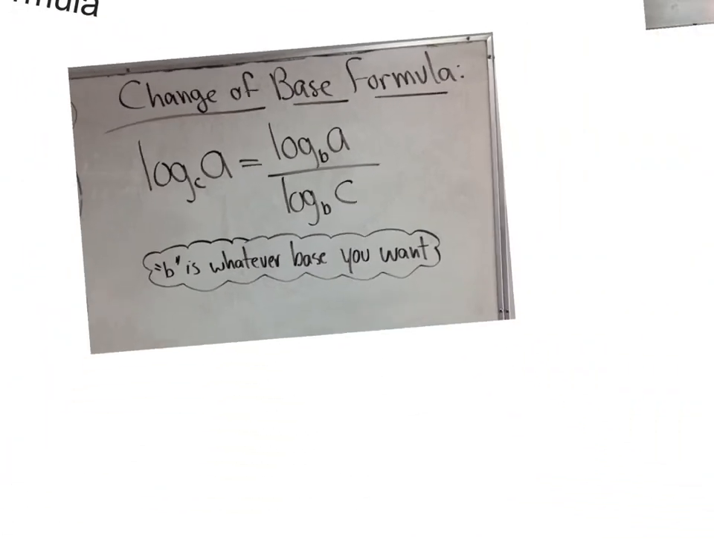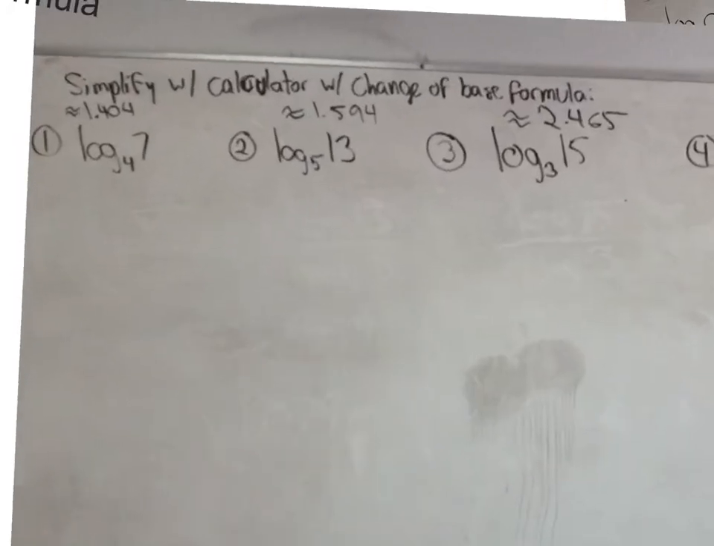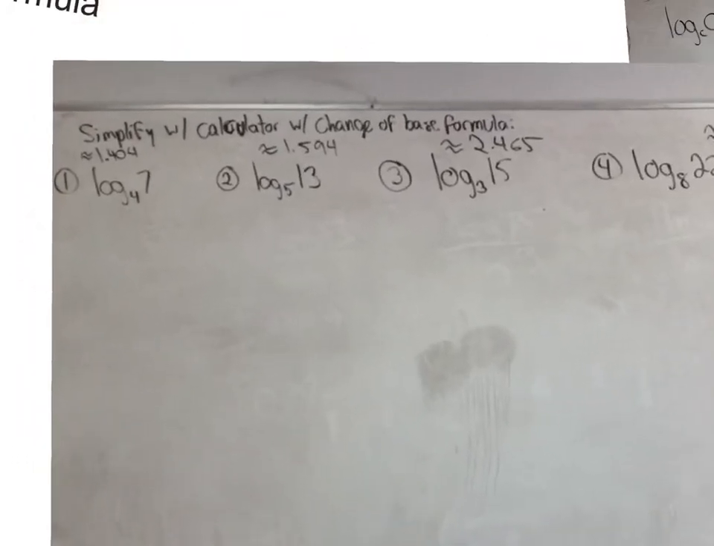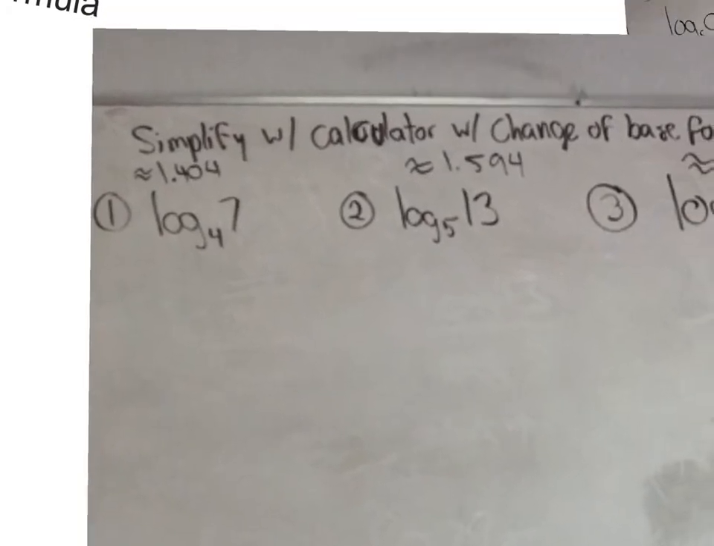So what I'm going to do is show you the problems that we did in class. We have number 1 right here, which is log base 4 of 7. Now we already know that we could do it on the calculator. Well, I already have the answer right there, and the answer is 1.04. But what I want to be able to do is show you how to get that answer using the change